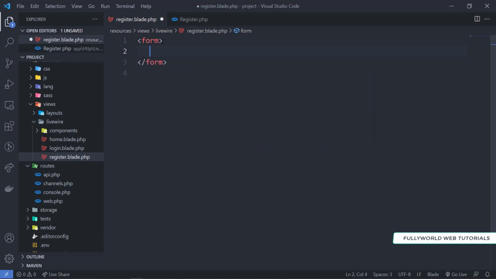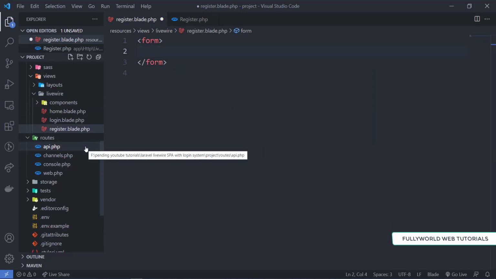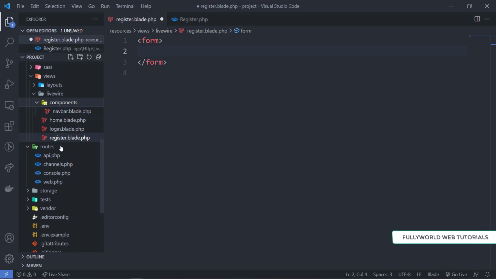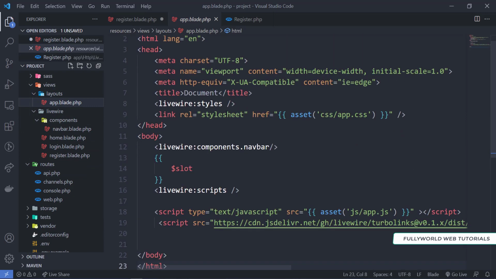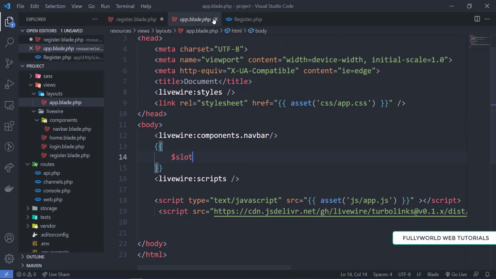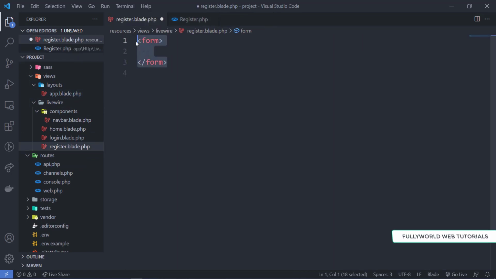Now we will create one form here. First let me check whether anything is defined in the layouts. The container is not defined, so first we will define the container.